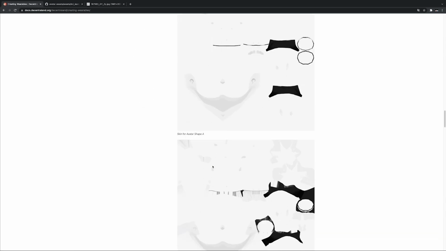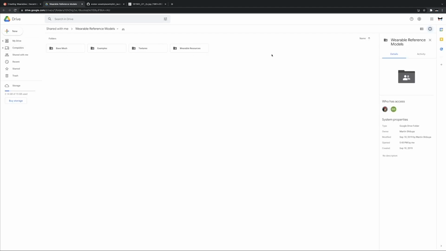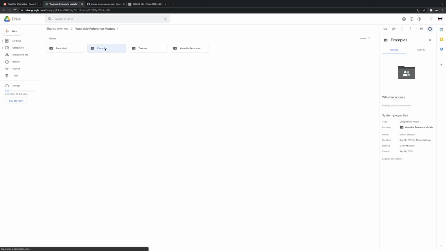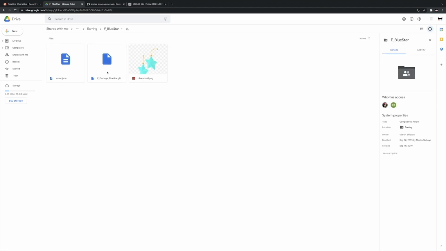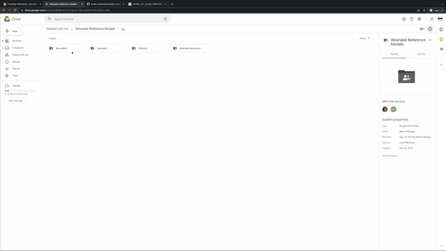You can find some of the reference models down here. Wearables reference models, which opens up this fab folder by Shibu, and in examples you can find a series of different categories, and inside a little demo model which you can open with Blender and study it, figure out how it works, how the weight works, and translate that to your own model. But like I said, what we're going to do today is make a hat, and in here we don't have